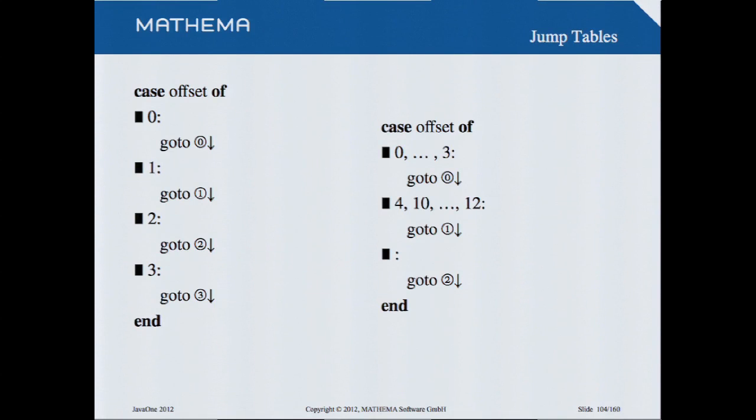Then we have jump tables. On the left side, you see that you need a continuous set of numbers. You can, of course, omit some, but if you switch the offset, then you see from 0 it goes to the 0 label. If the value is 1, it goes to the 1 label, and so on. So this is a switch we have, and you can put annotations there to say, please do it this way or that way for the virtual machine.